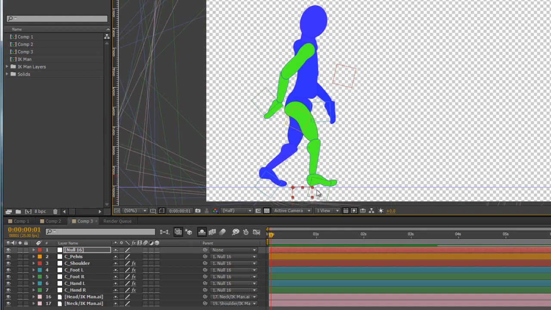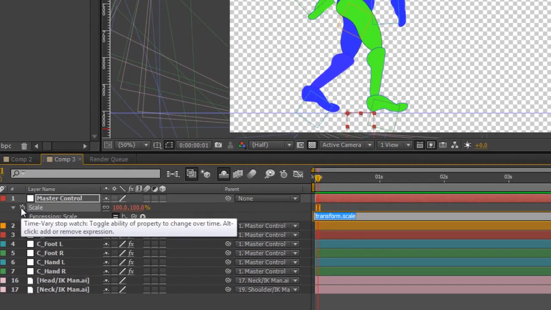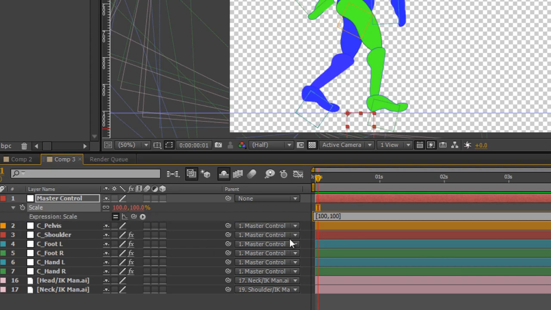So what we need to do is make sure that this controller cannot scale, and we can do that with an incredibly simple expression. So if you actually select the layer, I'm going to rename that as my master control, select the layer and then hit S for scale, and we're going to add an expression to scale. So Alt-click on the stopwatch for scale, and this is what you type: open square brackets 100, 100, close square brackets, and then you either click away or hit Enter on your number pad. Now what I'm saying